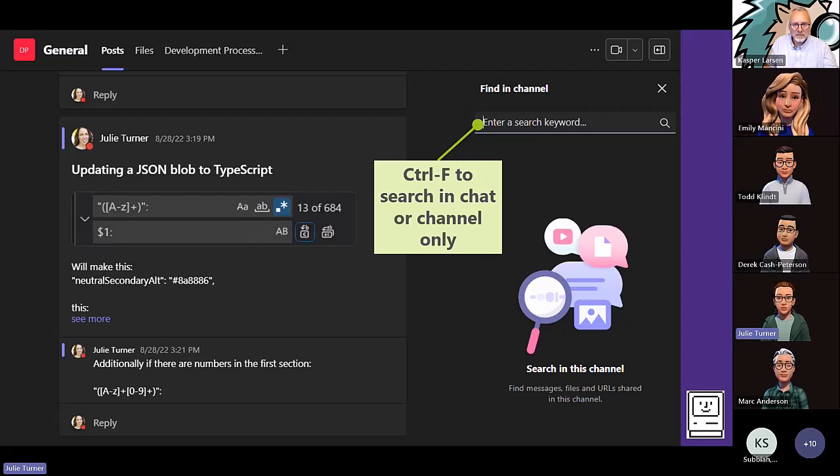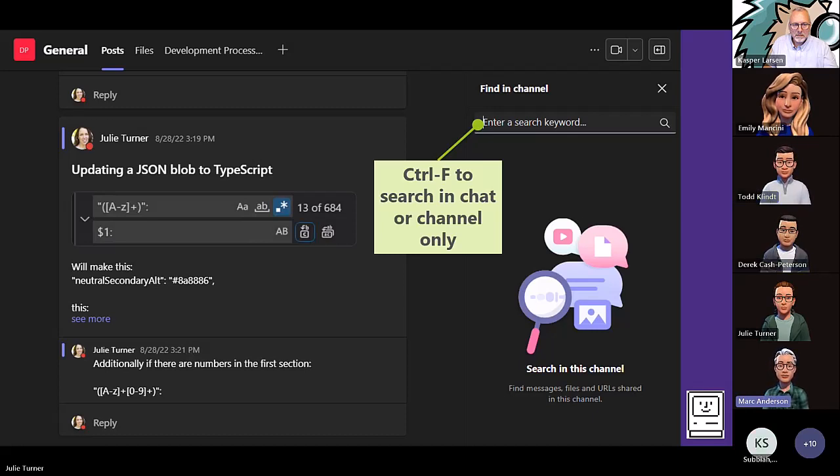Has anybody else used this yet, or is it just me? Oh yeah, I use it all the time. It sounds great. On Mac too. Control-F did a different thing before, and it wasn't a helpful thing. I forget what it was. Yeah, this is a natural gesture for me for searching in all of the Office apps, so this has got to be better. Except Outlook Mail. If you do it in Outlook Mail, it forwards your message, which I also do a lot.